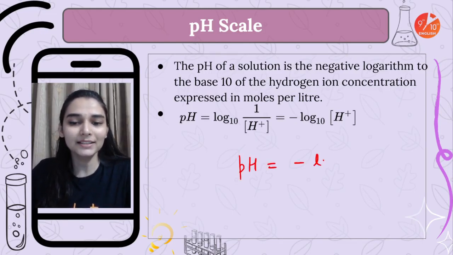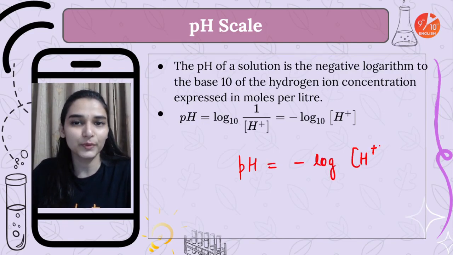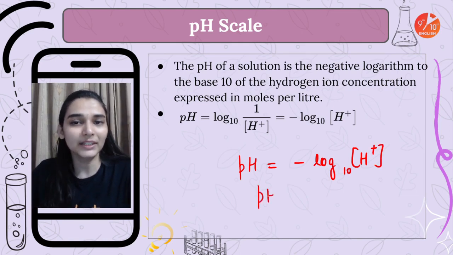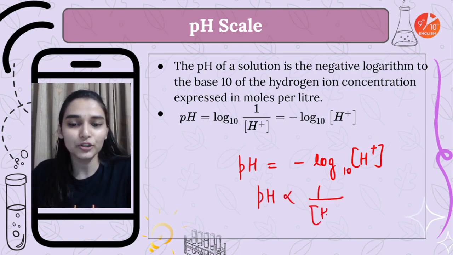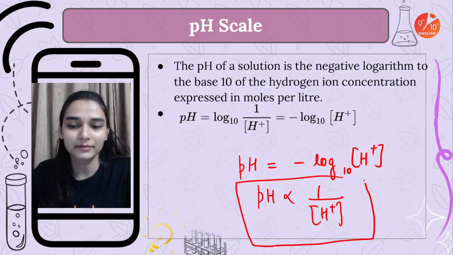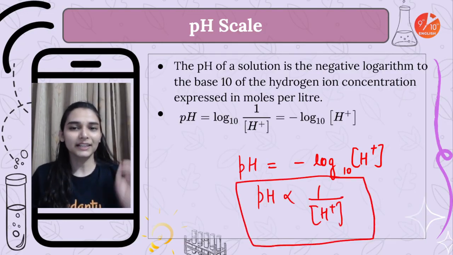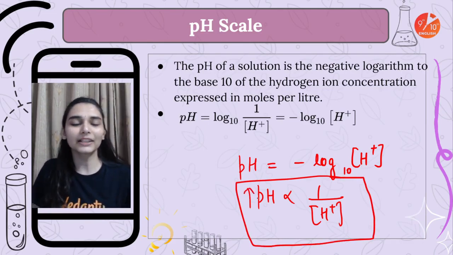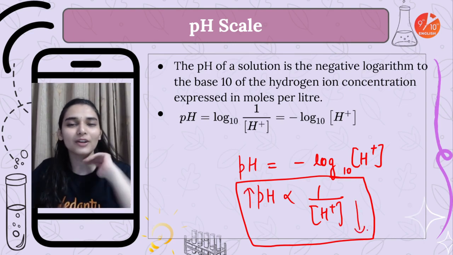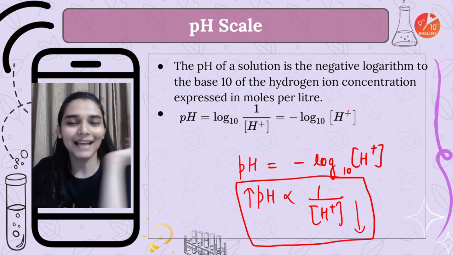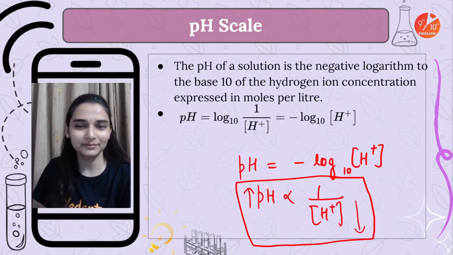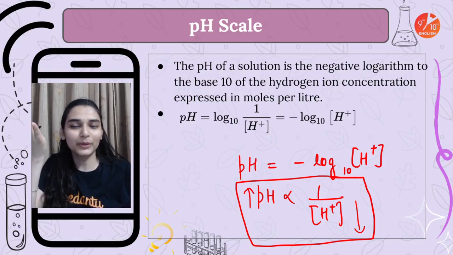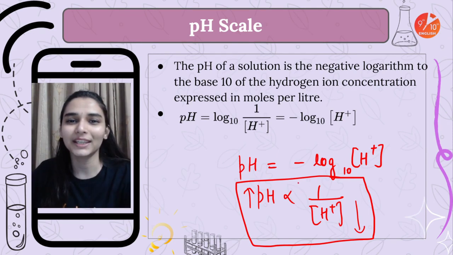equal to minus log of concentration of H+ ions, log base 10. How would this have been found? He clearly said that pH is inversely proportional to concentration of H+ ions. It means that if the pH value is high, then H+ ion concentration would be less. It means at higher pH the acid would be weak. If pH value is low, H+ ion concentration would be more. It means stronger will be the acid.